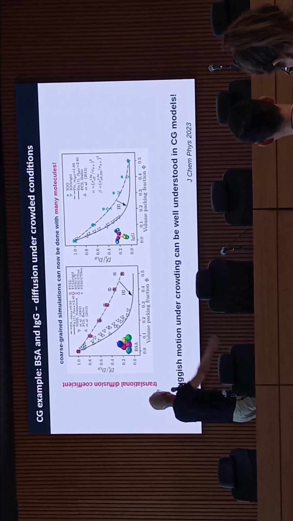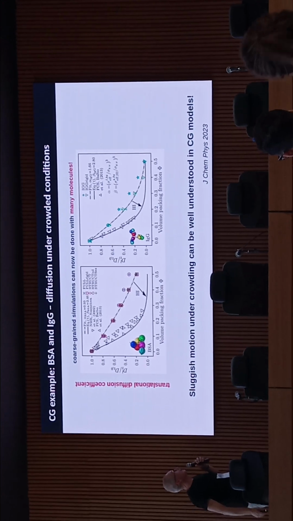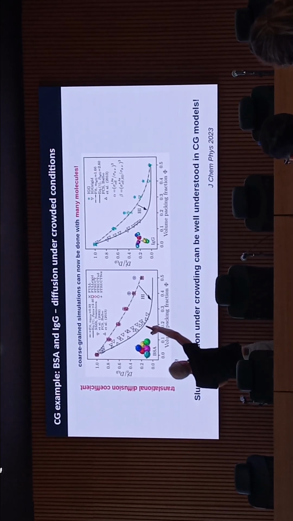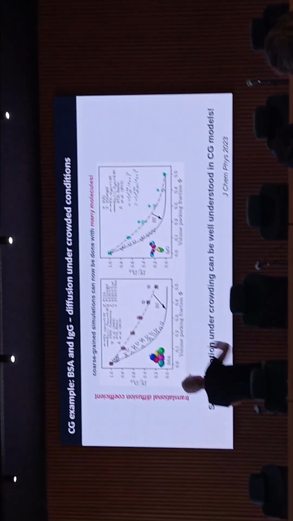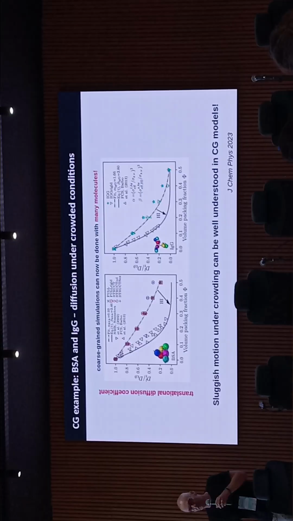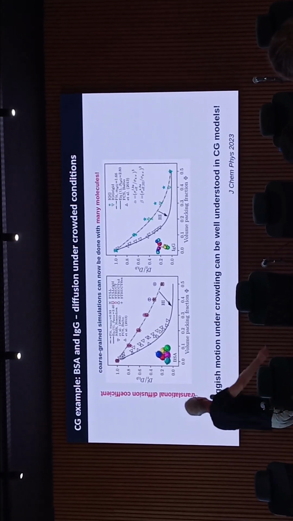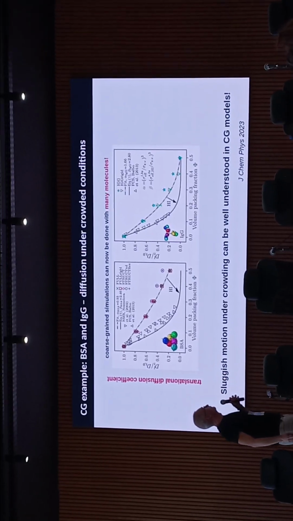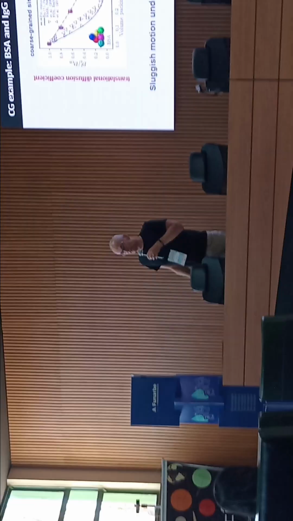Here we show the translational diffusion coefficient normalized by the one at low concentration, and let's look first at the experimental data here. These experimental data drop from, say, 1 to about 5%. So the actual diffusion goes down by a factor of 20 in the cell. This is for BSA, this is for antibody, and then we try to model these things also, and we see two main effects. The first effect we call the Brownian effect. So perhaps you know